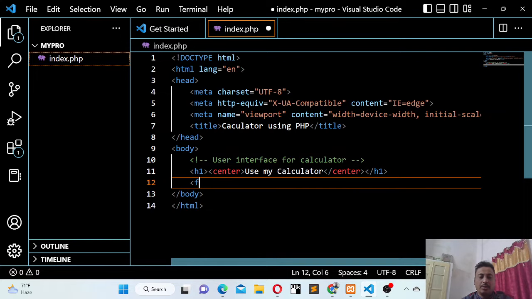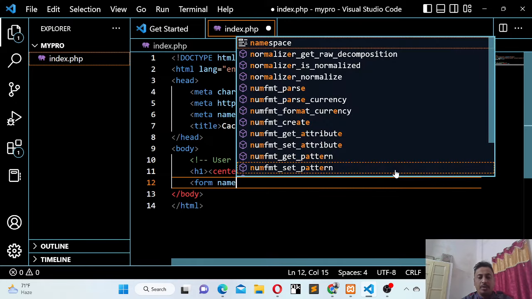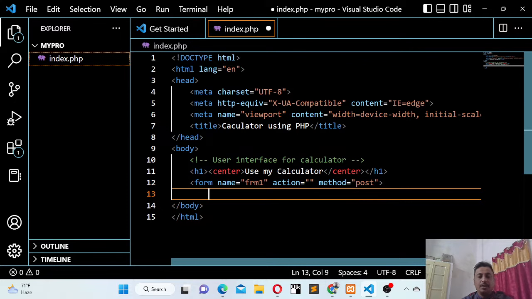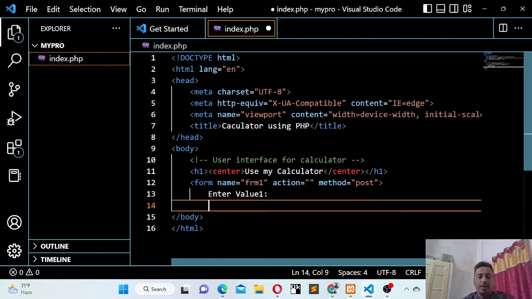Then create your form, name equals to frm1 and action equals to blank and method equals to post. Then you create two input boxes. Enter value 1, then enter value 1, then input type text,